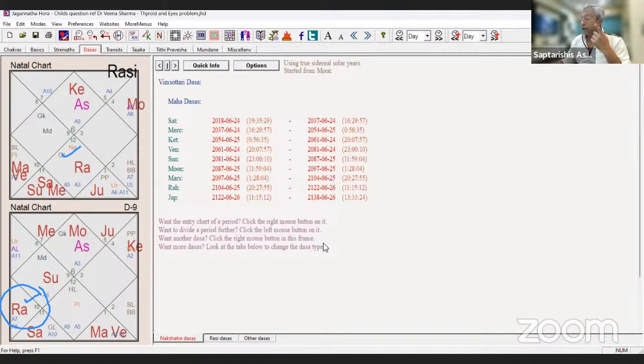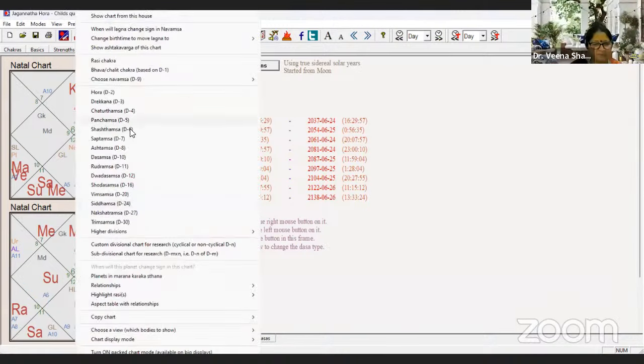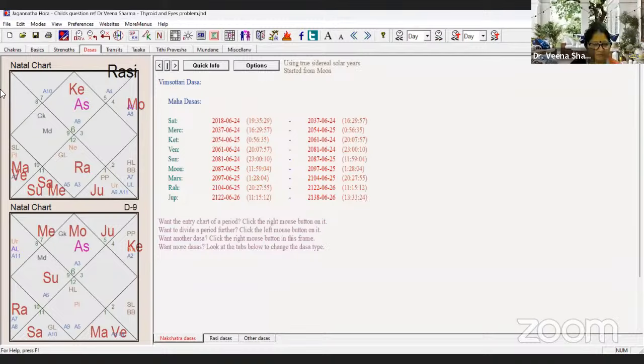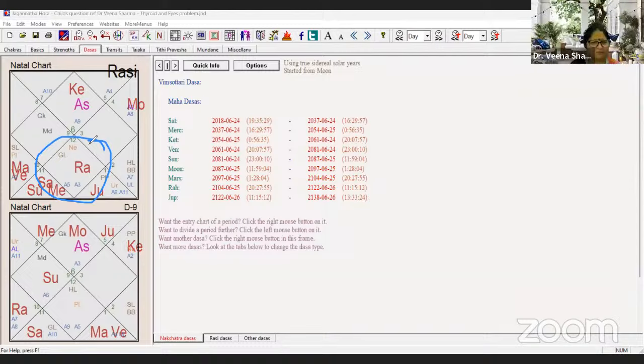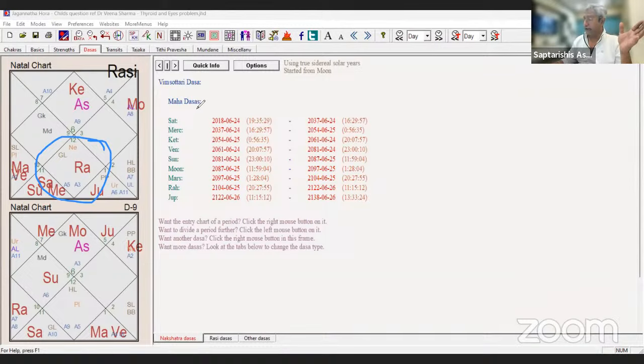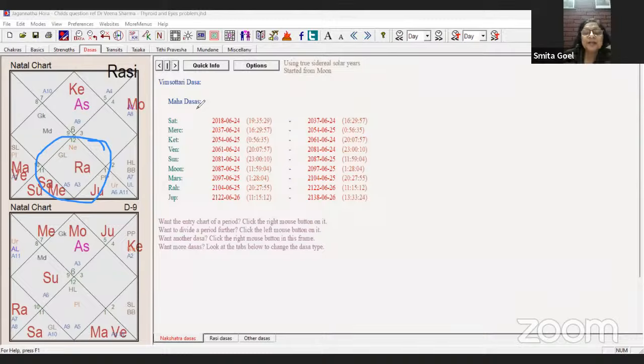Just close your eyes, Dr. Veena. Tell me a number between 0 to 13, not lucky number that flashes in your mind. Seven, sir. Sorry? 7. Can everybody see the synchronicity? Yes or no, ladies and gentlemen? Yeah, thoda tali wali bajao Dr. Veena ke liye. Yes, sir. Amazing, right?